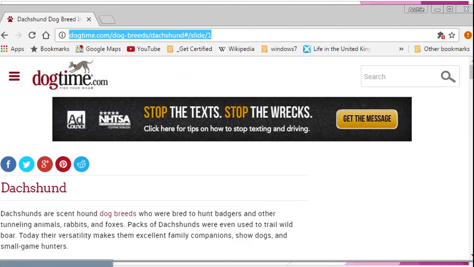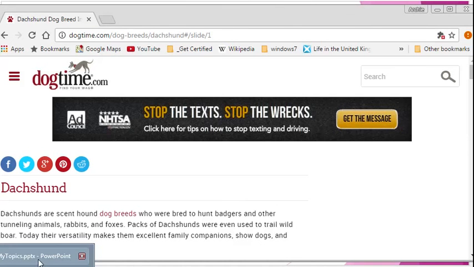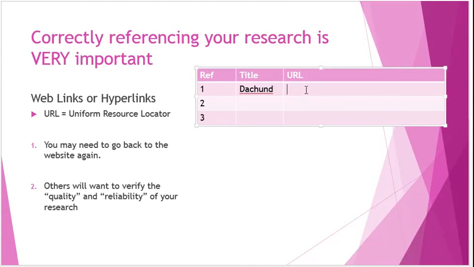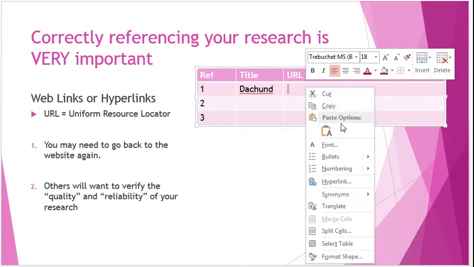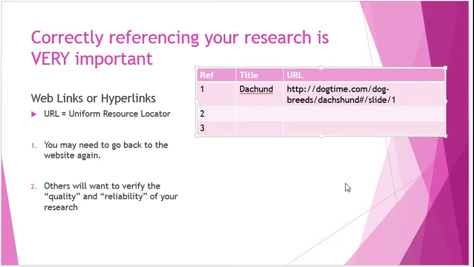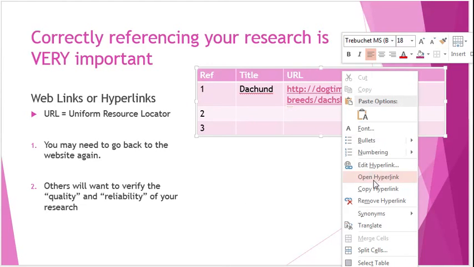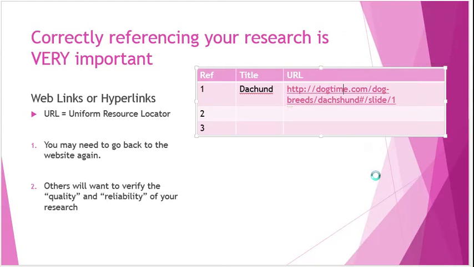I can now go back to my document and right click and paste in the URL for my Dachshund. Now, the minute I press the space bar, you can see that it has been turned into a hyperlink. If I hover my mouse over it, I can right click and say open hyperlink, and it should load my browser and take me back to the web page that I was on. So here comes in